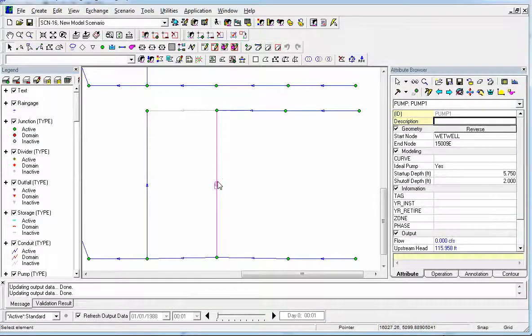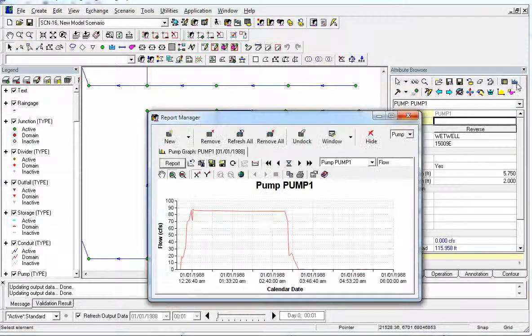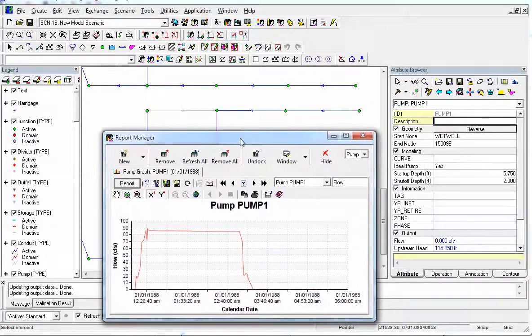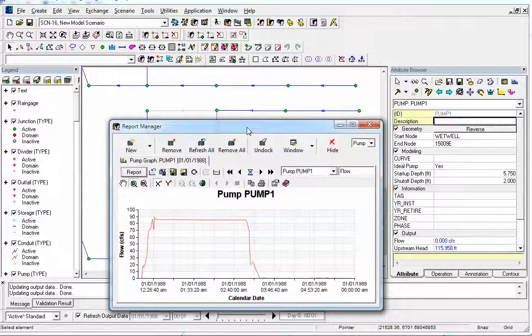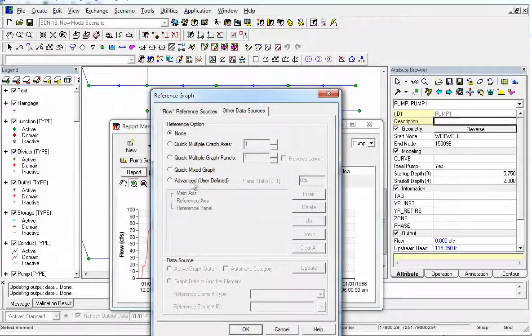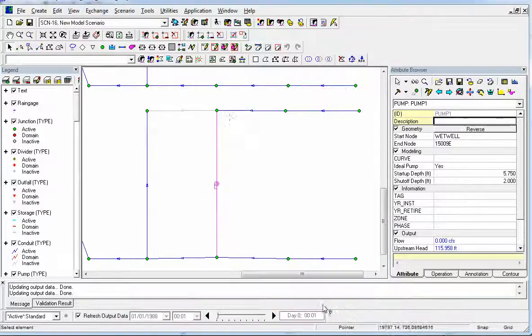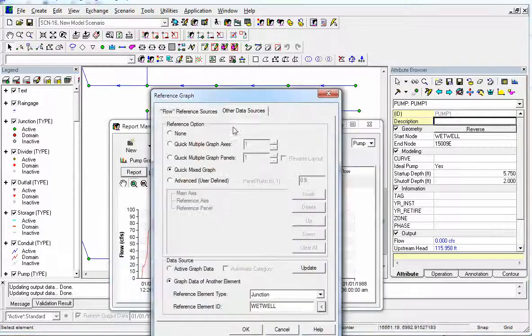And now we'll look at the graph of the pump flow. Here's the graph of our pump flow. And what do we see? Well, let's compare it to the reference graph. So we'll do an advanced or a quick graph, and we'll compare it to another element. The other element that we'll compare it to is the upstream node. So we'll look at the upstream node,